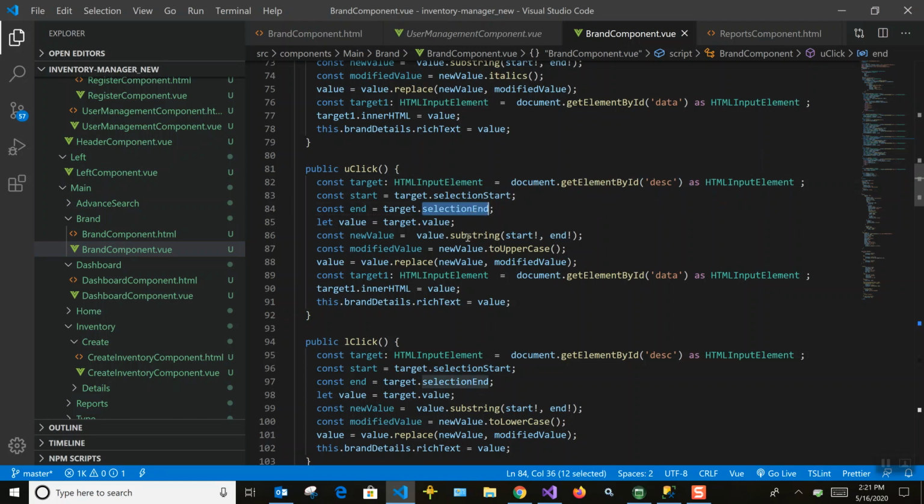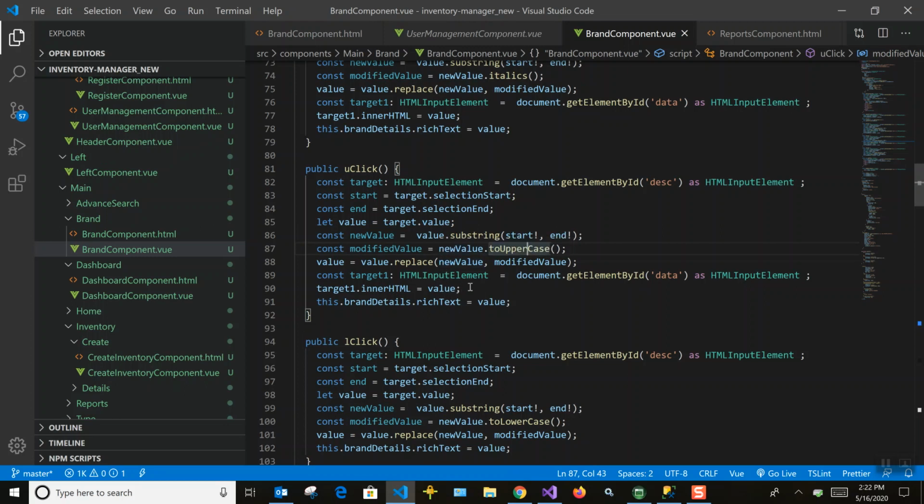Then we do a substring of the entire string, so we get the selected portion in the new value variable. Then we convert that new value to uppercase and replace it in the old string.